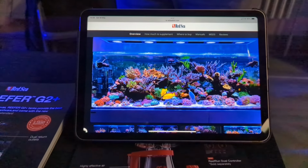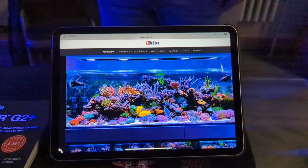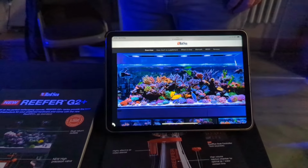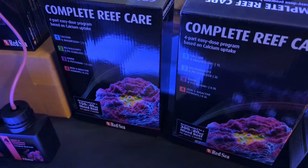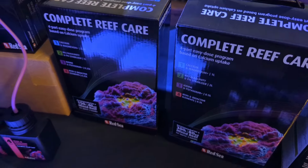And I was asking how I get my tank to look like this. One of the keys is that this tank has been run on something called Complete Reef Care. This is a new product by RedSea. Effectively, what you do,